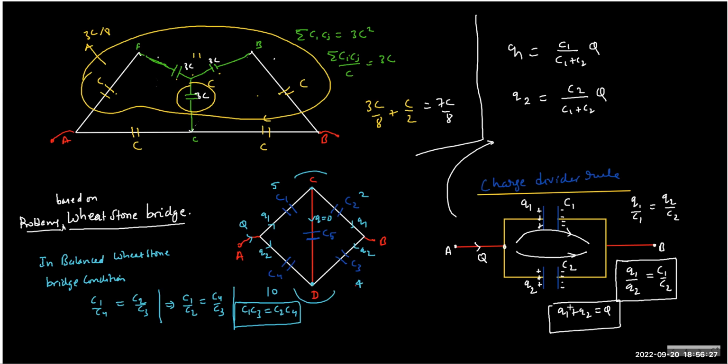So in a way, what is happening here, the balance condition will force the potential of C and D to be equal. And if the potential is equal, then the flow will not take place, and therefore this branch, although physically present, is electrically not contributing anything, isn't it? Yeah. So what we write is,